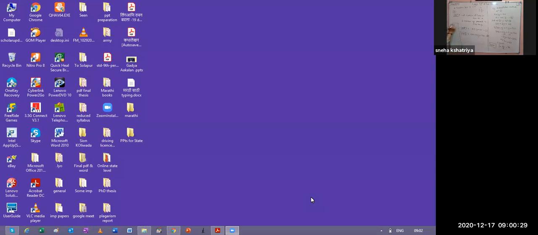Put y is equal to 30 in equation 3. What is equation 3? x is equal to 50 minus y. So we get x is equal to 50 minus 30. The value of y is 30. x is equal to 20. We get the value of x is equal to 20.